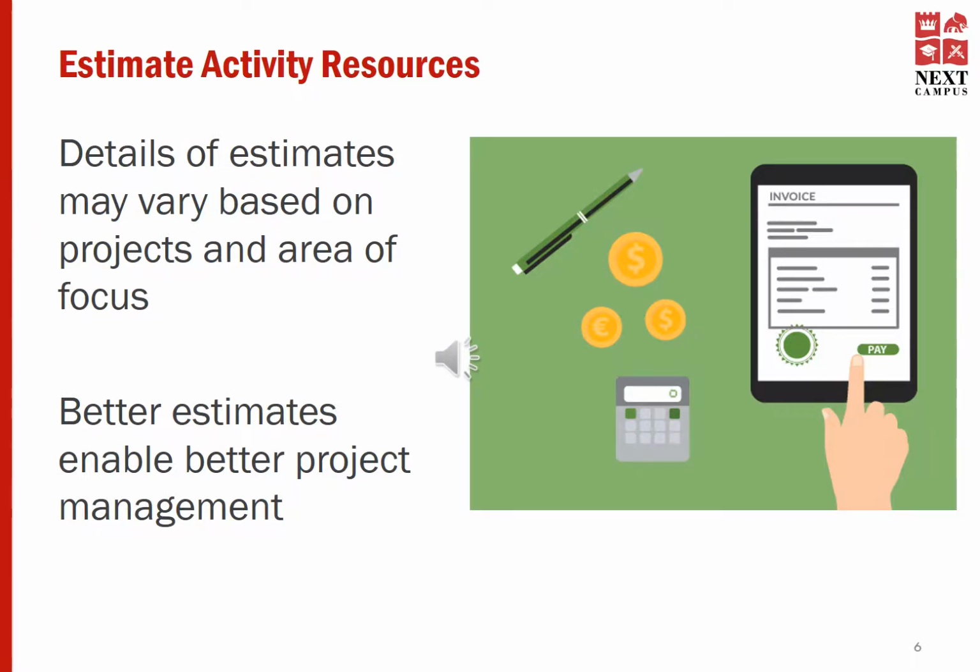It's not a secret that better estimates enable better project management because during the project planning phase, we estimate the resources required for the project execution and the closure. So if these numbers are hugely wrong, it's going to impact the project delivery, the timeline, and the scope. So all the three project constraints will be disturbed. If you have heard about the fourth parameter, that is value delivery, that is also impacted when the resource